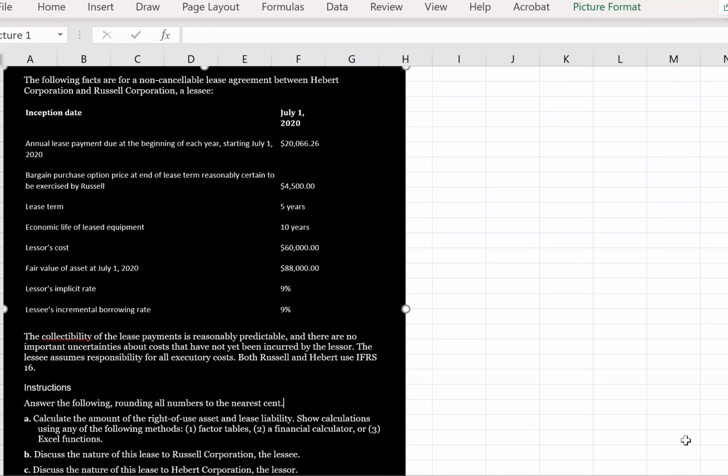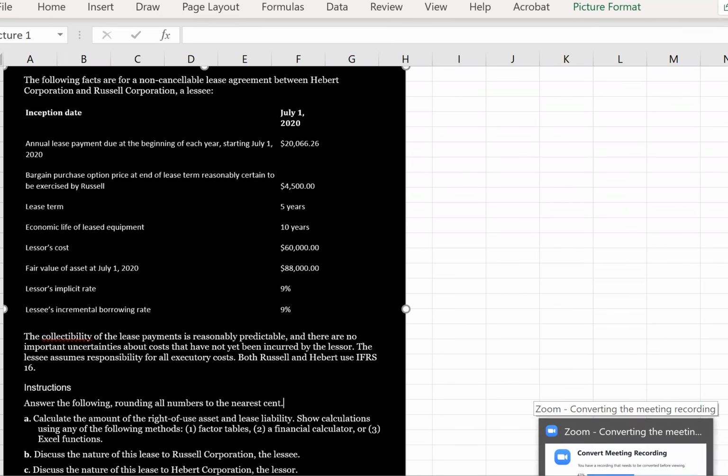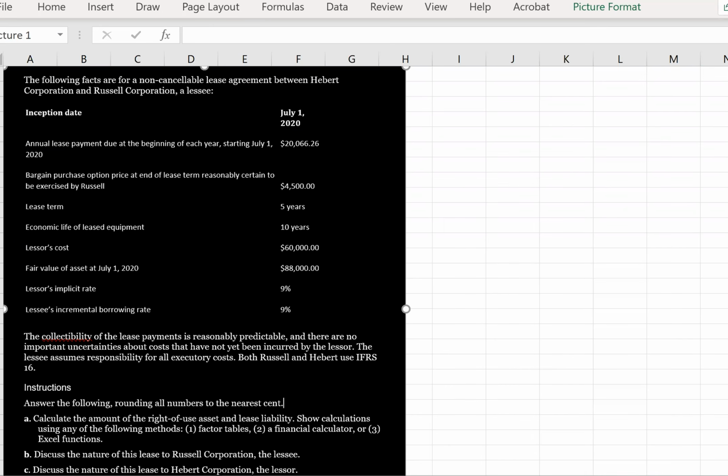This question will walk through lessor and lessee accounting. The following facts are for a non-cancelable lease agreement between Hebert Corporation and Russell Corporation, a lessee. The inception date is July 1st, 2020. The annual lease payment due at the beginning of each year, starting July 1st, 2020, is